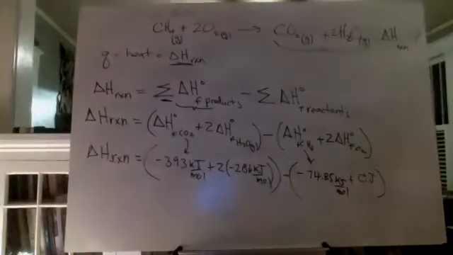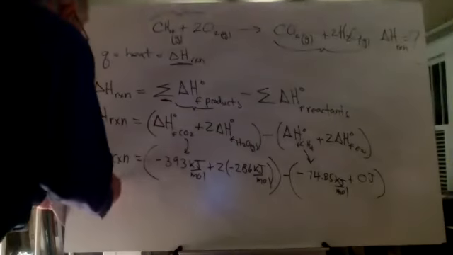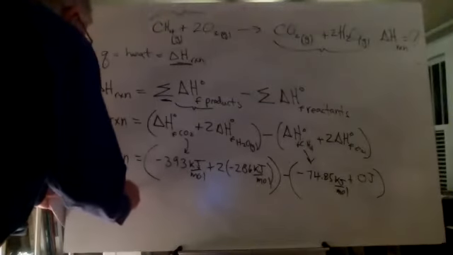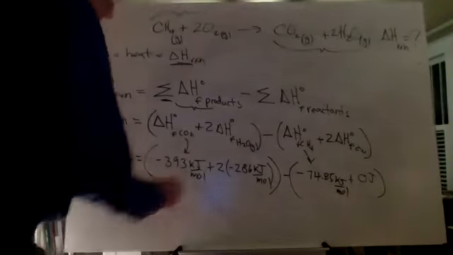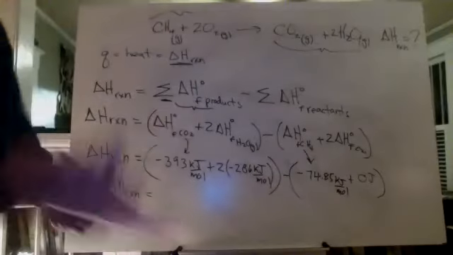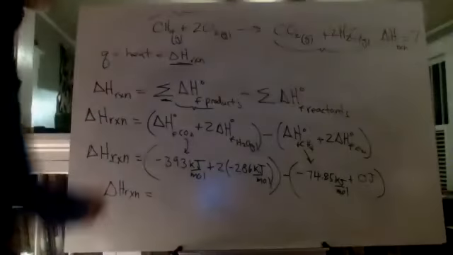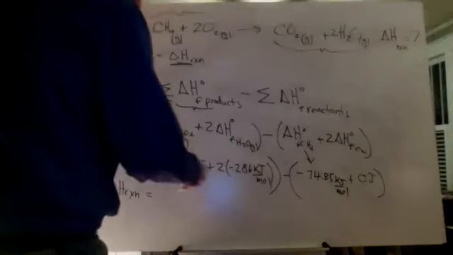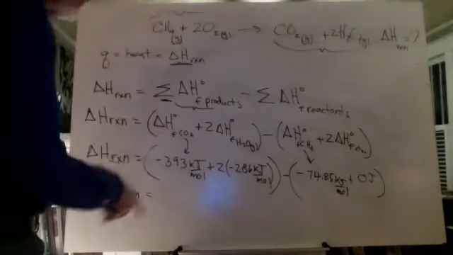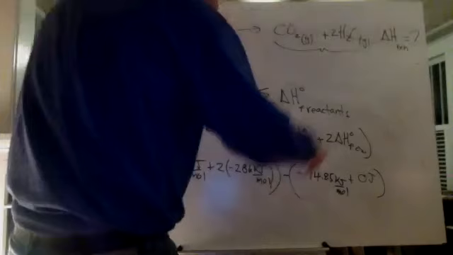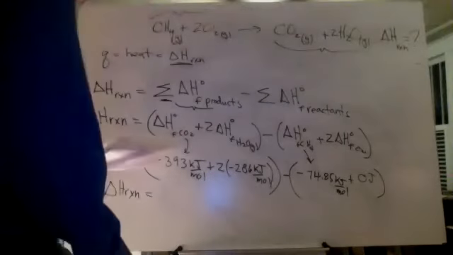Okay. So now you just add up everything that we have there. And you have to be careful in doing this because you don't want to drop negative signs, right? Keep your negatives because some of them are going to cancel and become positives. So when you take negative 393 plus 2 times negative 286 and subtract from that negative 74.85, you get a